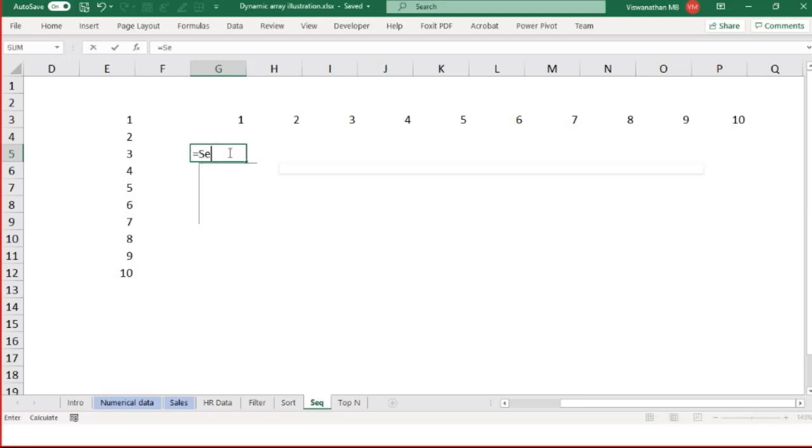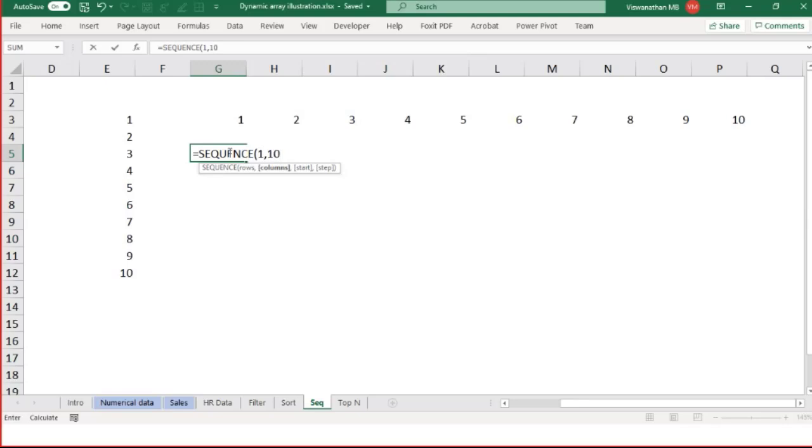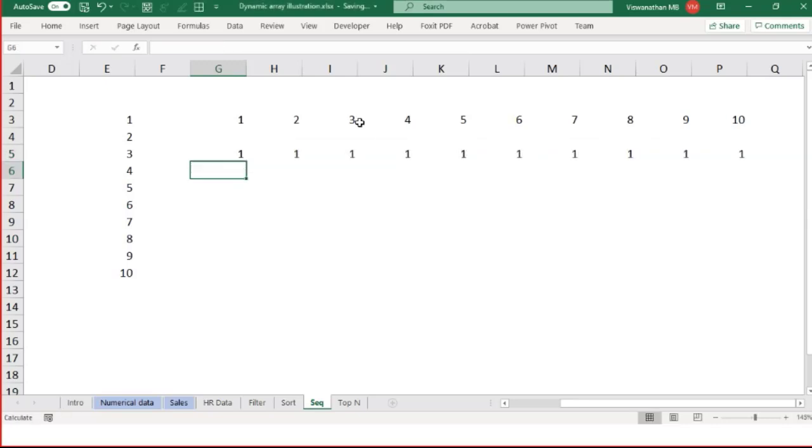So if I were to type it like this, equals sequence, start from 1, and I want 10 columns of data, right? Almost like what we did. But here you could also specify start value and step value. So if I specify my start as 1, which means the starting value will be 1, and by default the step value is also 1. So that's why you see on the top it increased from 1, 2, 3, 4. Every value increased by 1. But if I put the step value of 0, it's going to give me values as ones for 10 times. Now what does this mean and how can I use it?